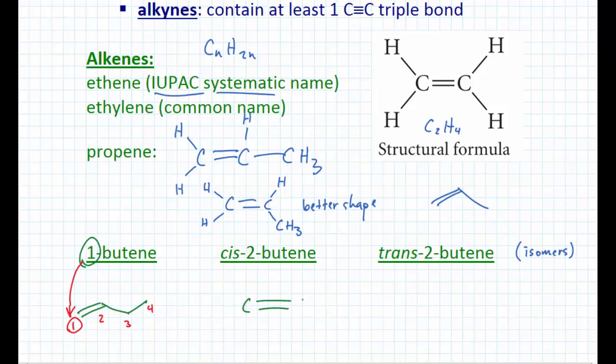So what we're going to do is we're going to draw the double bond. Okay. And then here, I'm going to draw CH3 down, H up, CH3 down, H up. Okay. If we number those carbons, 1, 2, 3, 4. Again, there's where the 2 comes from. Double bond starts at carbon 2. Okay. The difference here